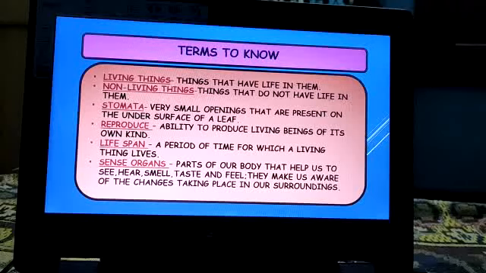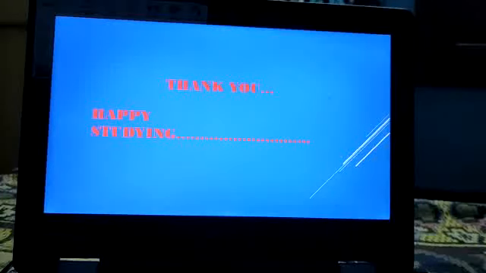Apart from this, I have also posted a worksheet in the WhatsApp group. This exercise needs to be completed and sent to me personally through WhatsApp. In the next class, we'll proceed with the exercise questions and answers, and I'll also provide the solutions of today's worksheet.